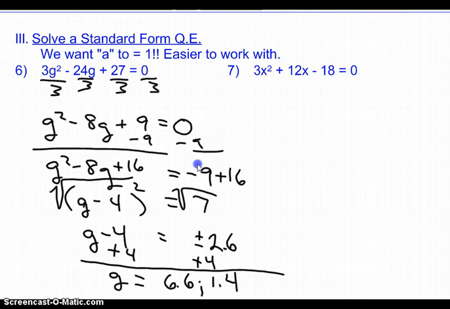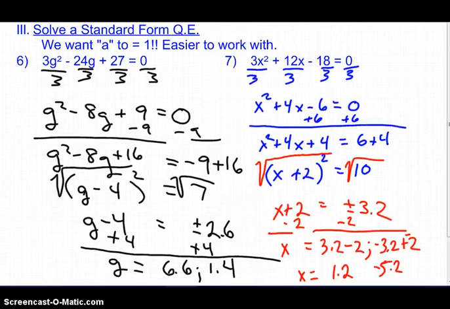I'm going to pause. You'll have to come back and look at the last one worked out by pausing the video. Okay, so you'll probably need to pause the video and walk through the steps for number 7. We divided out the 3 and found that we could not factor this. It was unfactorable, so we moved the 6 away and found 4 made it a perfect